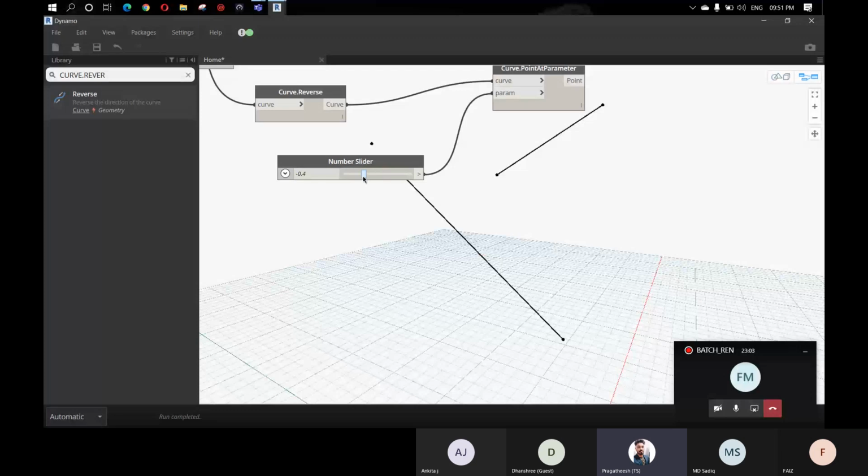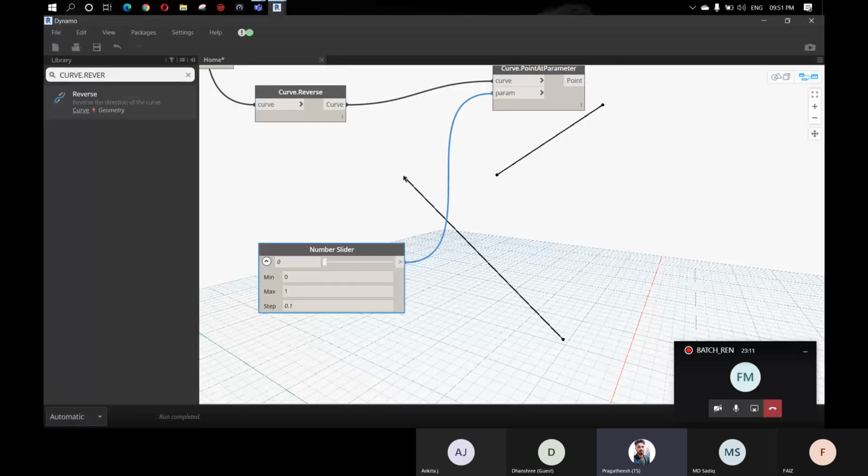If you give the minimum value as 0, it will not go beyond this point. So it starts from here and ends here. We can move this point between these start point and end point. So this is used to extract a point at a parameter. This will be helpful in the upcoming classes, so just remember this.